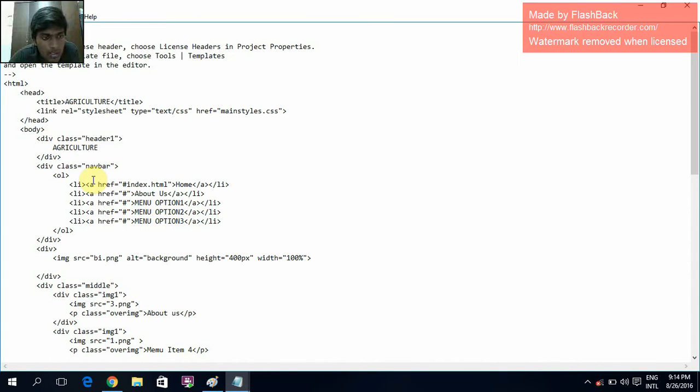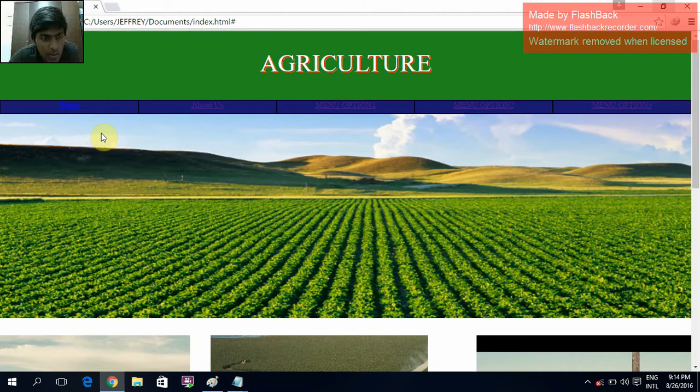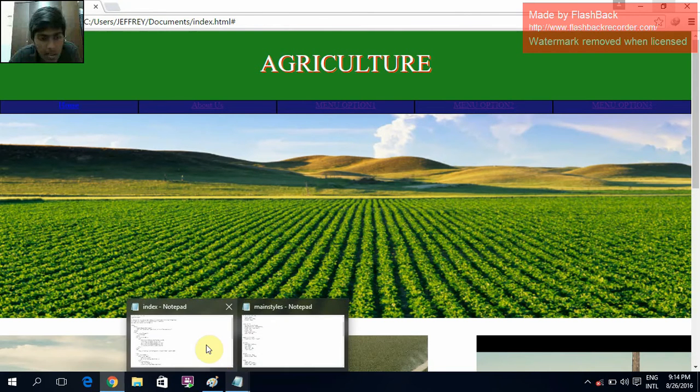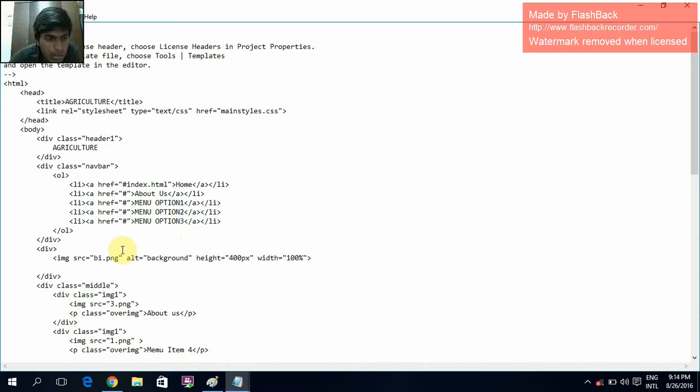The nav bars, this is called the nav bars. It is present inside the class called div class. So the nav bar is something like when you just move the mouse over it, its color changes, which highlights the options present, and the mouse changes to a clickable hand. So that is called a nav bar. Now let us go to the